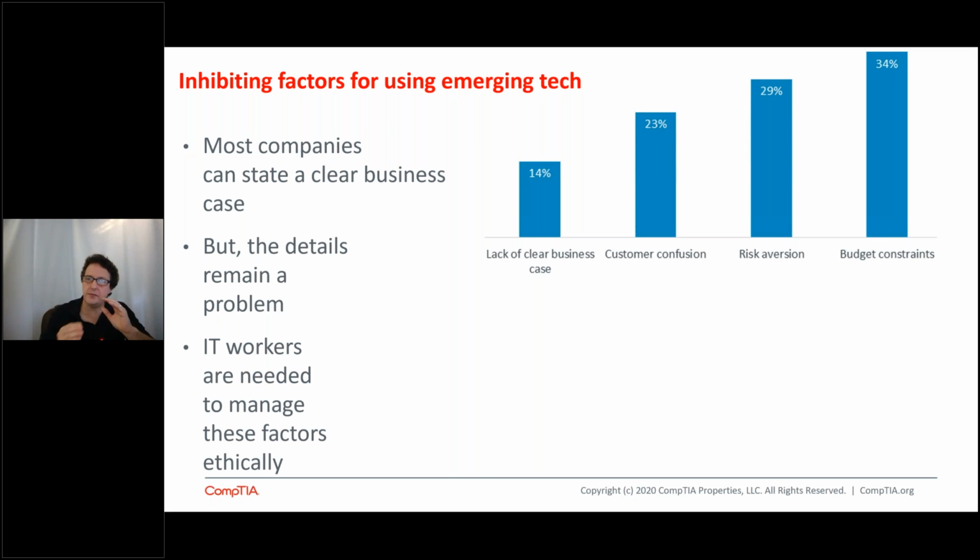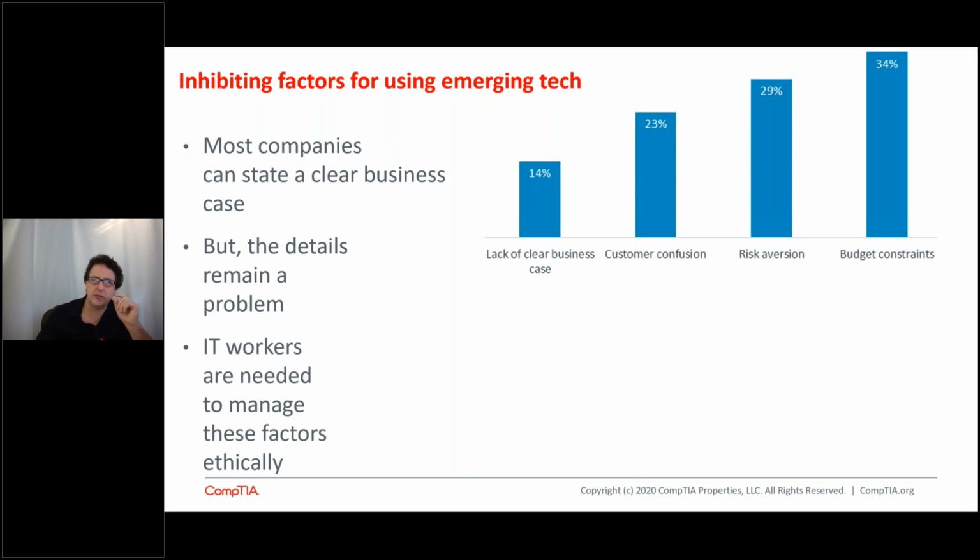Well, we'd love to get into that, James, to use a little more AI and all that, or IoT or whatever, but it's kind of risky to us. We don't know how to manage that risk, or it costs too much. Usually "cost too much" is kind of the blanket that you lay over something to put it out of the discussion. Oh, cost too much, or it's too risky.